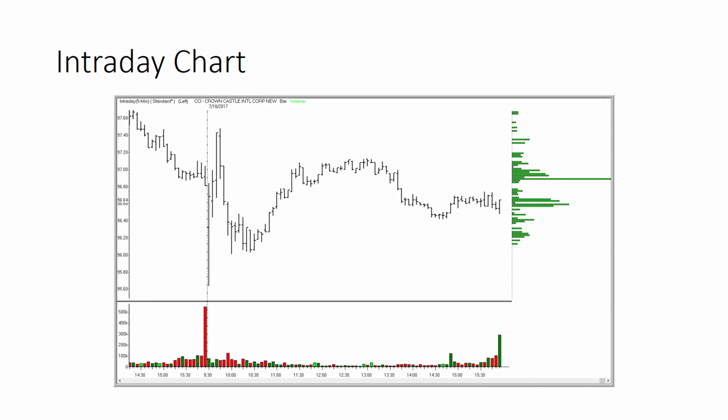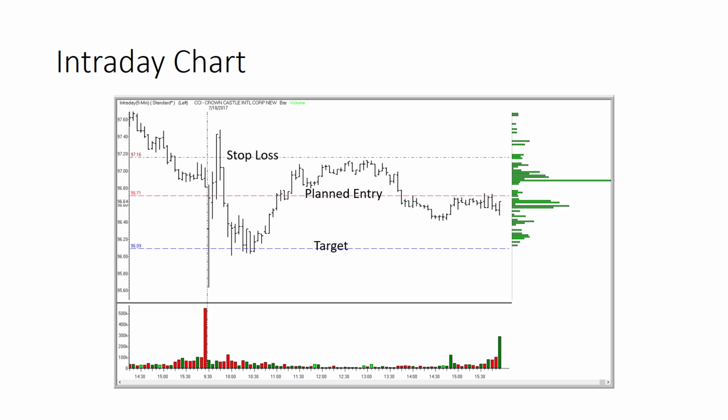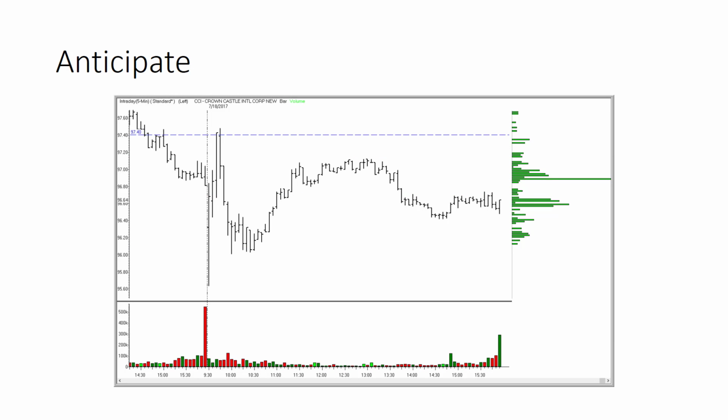Now, here's the intraday chart of the trade day, and look what happened. Here was our planned entry. Here was our stop loss. Here was our target. And here was our support and resistance level. So we'll get back into the planned portion of it in a second, but look what happened. The stock opened and then shot up to that prior resistance and went down through our planned entry level and down to the target. So if you took that trade through the resistance on the way back down again, it added 69 cents per share to the profitability that you were expecting on this move.